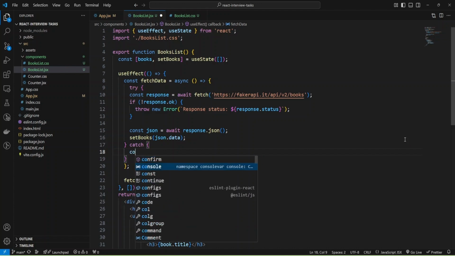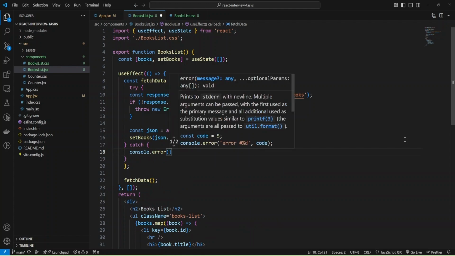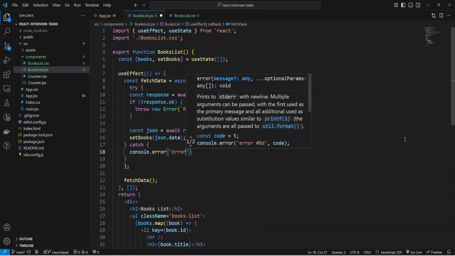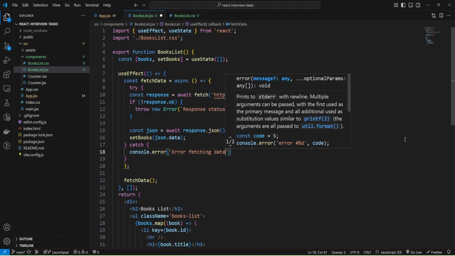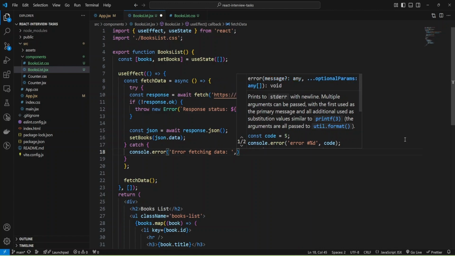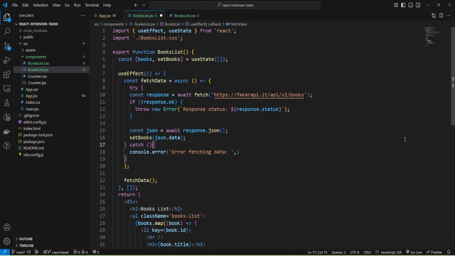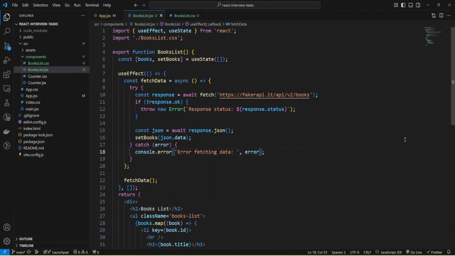Let me just provide console error, and I'll add a message, error fetching data, and provide the error.